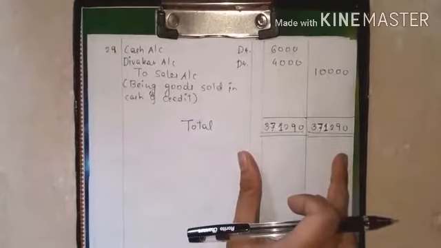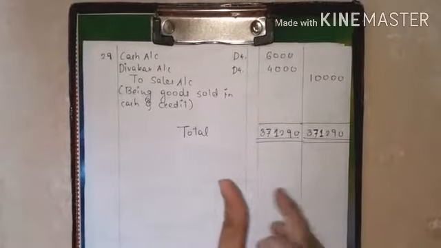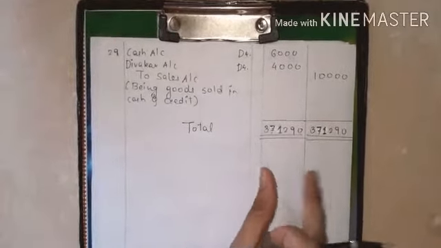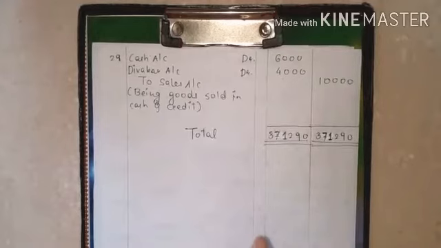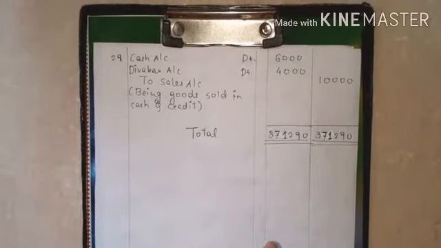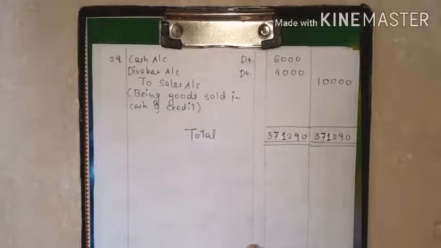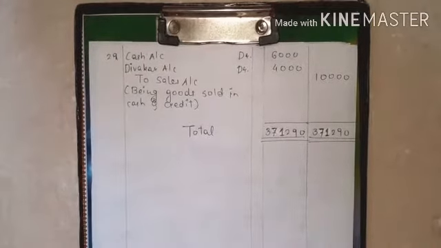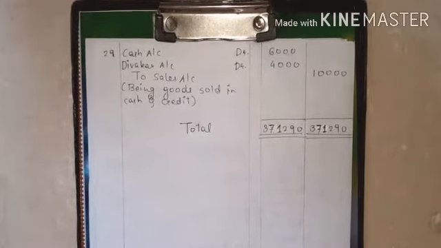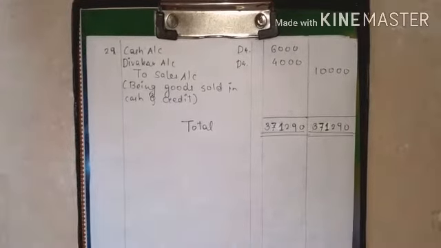So this is the total of debit and credit amounts. Now remember, this should be equal. That is, debit should equal credit and credit should equal debit. Then only you can verify that all the transactions are recorded accurately and appropriately. This is the only thing that will verify whether you have recorded the transactions properly or not. So this is how transactions are recorded and journalized. So that's the end of our today's example. I hope you all understood how we solved it, and you got what a combined entry is.